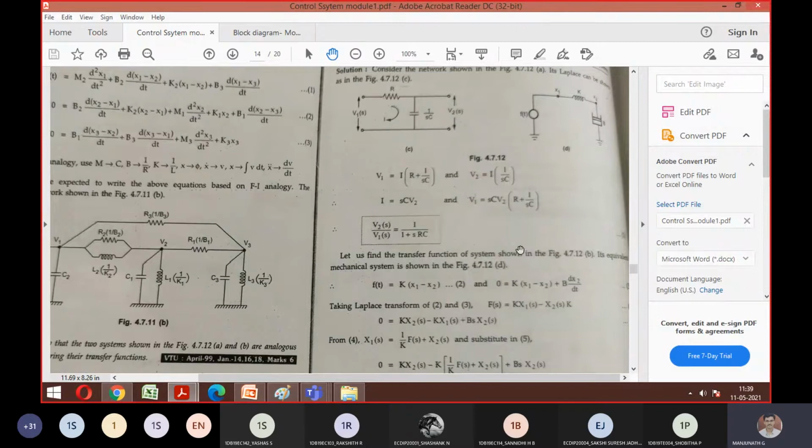Similarly at x2, force is not there, so 0 is equal to again k x2 minus x1 plus, because of the presence of the dash pot, they have taken the differentiation concept, nothing but your velocity. Since it is connected to x2, I should mention dx2 by dt. Any doubts, anyone, to write the equilibrium equation? No, sir. Yeah, so let's proceed.